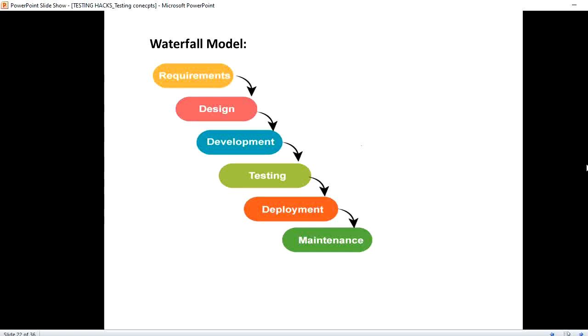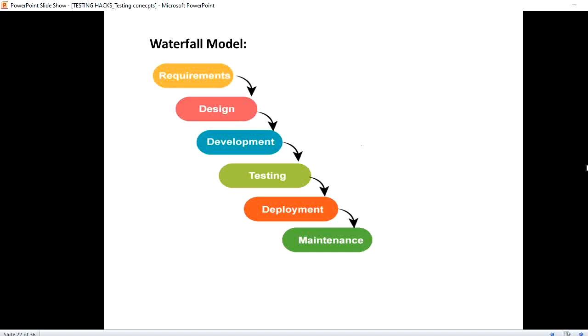The requirement will be collected in the early stage. Before having a product ready, the very first thing we do is collect the requirements. Once the collection of the requirements is done and frozen, the next step is design, wherein the blueprint of the product will be drawn.